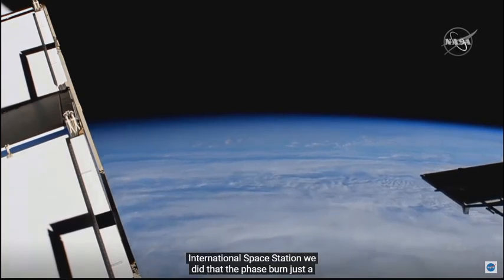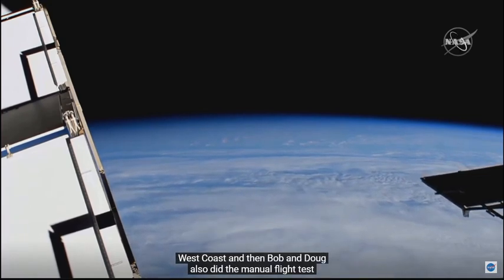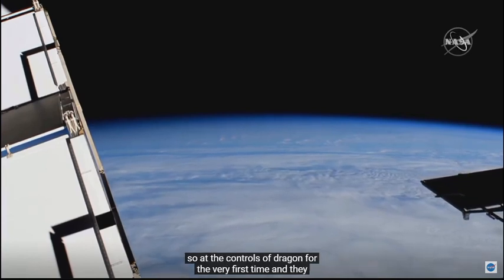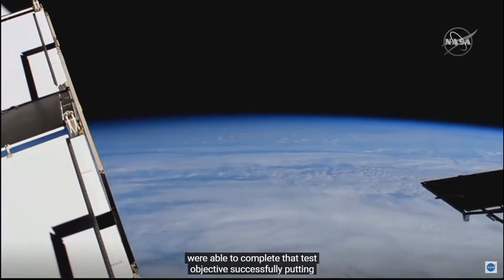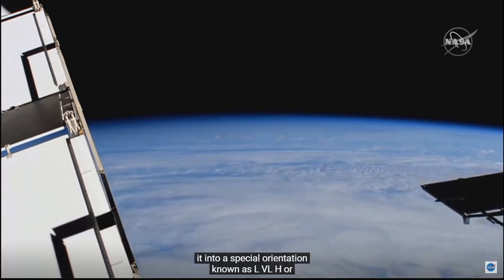And then Bob and Doug also did the manual flight test, so at the controls of Dragon for the very first time, and they were able to complete that test objective successfully, putting it into a special orientation known as LVLH, or local vertical local